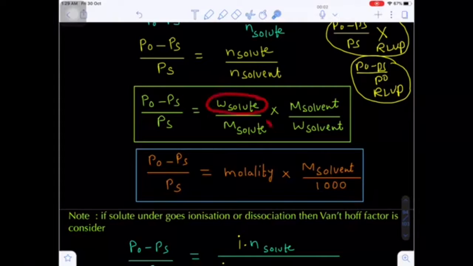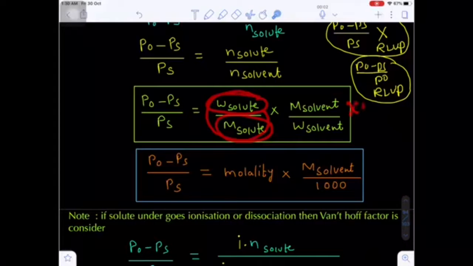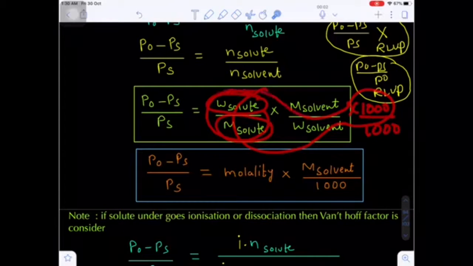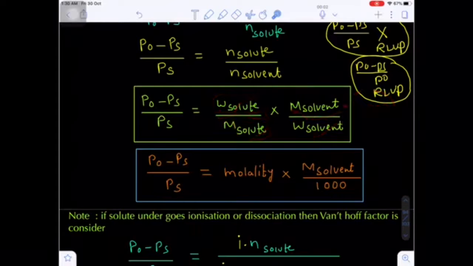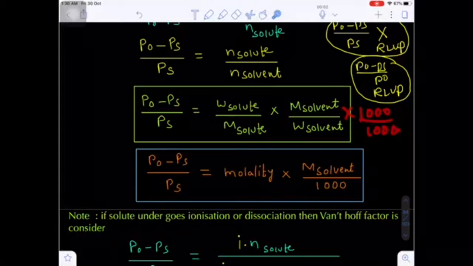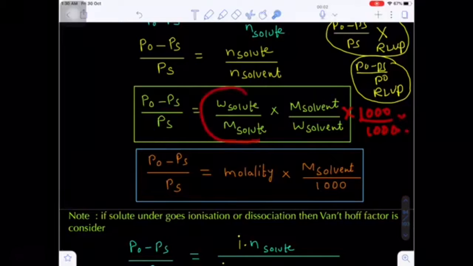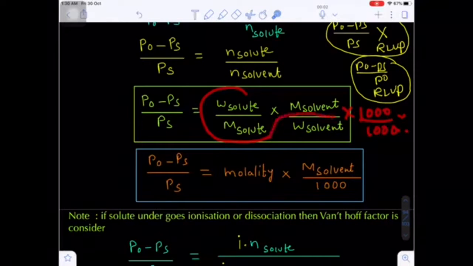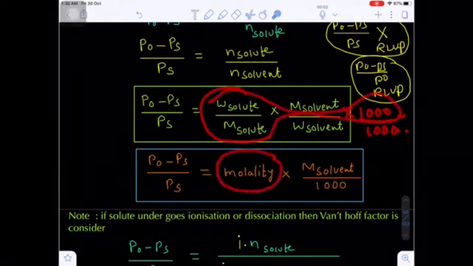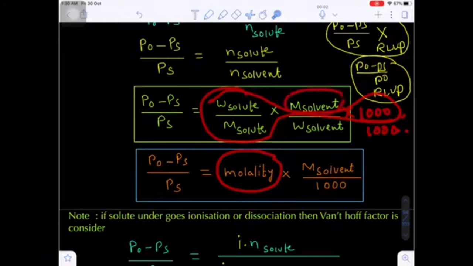So weight of solute divided by molecular weight of solute is the number of moles of solute. If you multiply with 1000 and divide with 1000, then up to this expression you will get the molality. This will be the molality, multiplied with 1000 and divided with 1000. So here you see weight of solute divided by gram molecular weight of solute, into 1000 divided by weight of solvent, up to this is molality, and the remaining part will be molecular weight of solvent